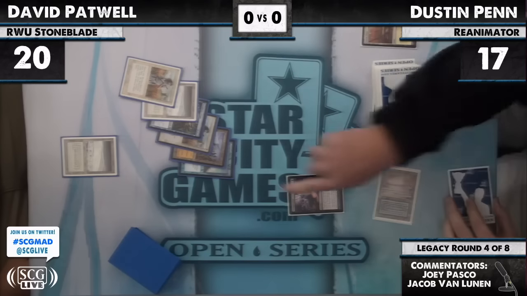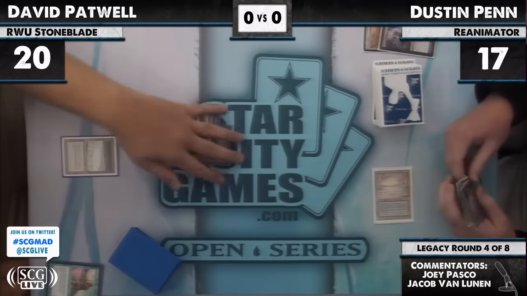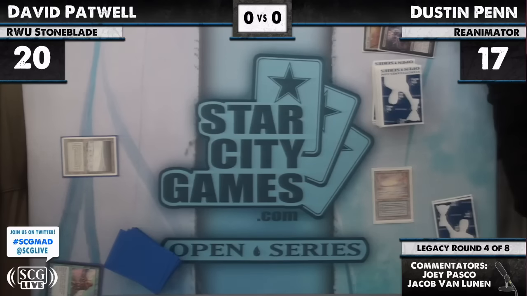So what do you take here? I think take the Standstill, keep him from drawing too many cards. I think he's got to worry about protecting whatever it is he reanimates. I think he has Iona in hand. Yeah, so if he can...